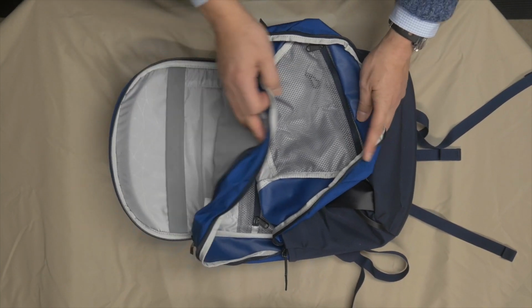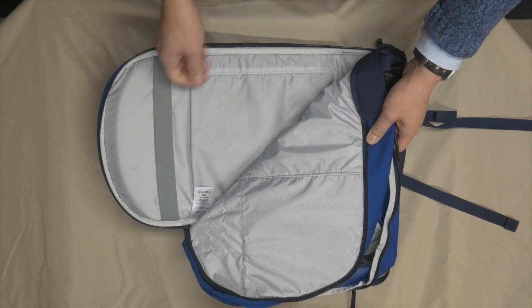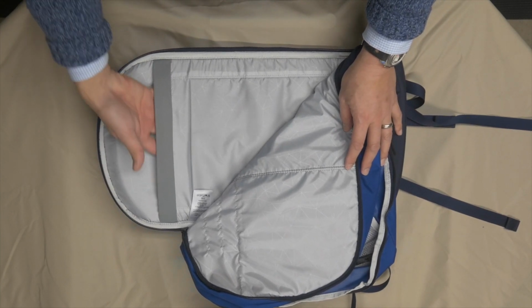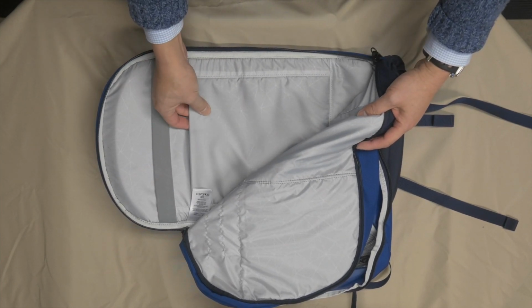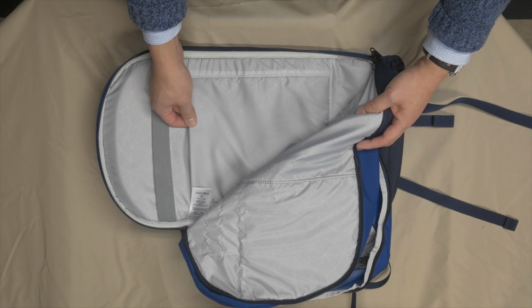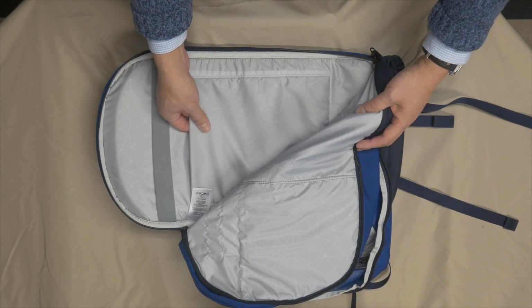Now, let me just bring our attention to this piece here. I'm going to unzip and get into our tech compartment. Notice here we have a slot for a 13, or actually it could fit a 15-inch MacBook Pro. And you can see there's a padded slot just in front of it that could fit some sort of tablet. Unfortunately, it definitely can only fit one of those medium-sized tablets. So it could easily fit an iPad mini and maybe the 10.2-inch iPad, but it certainly isn't going to fit